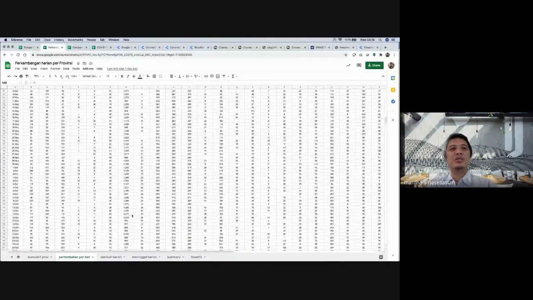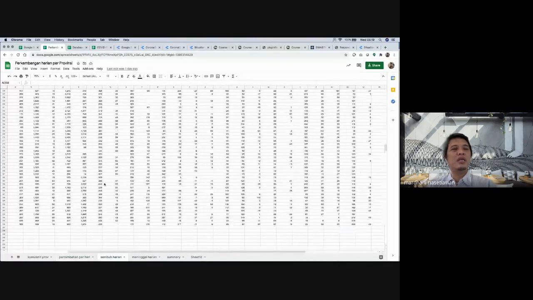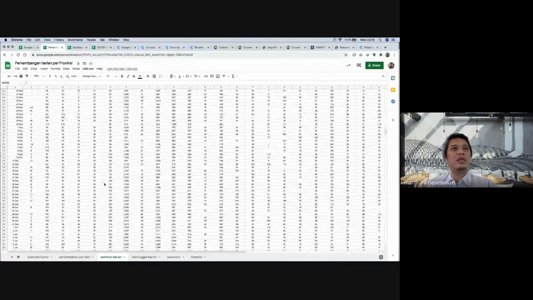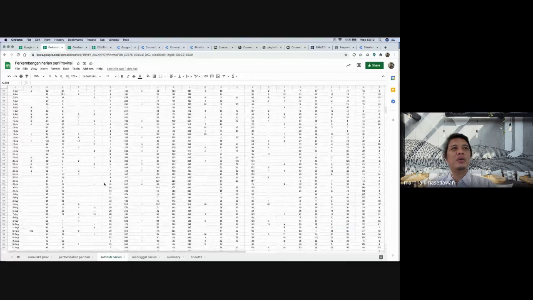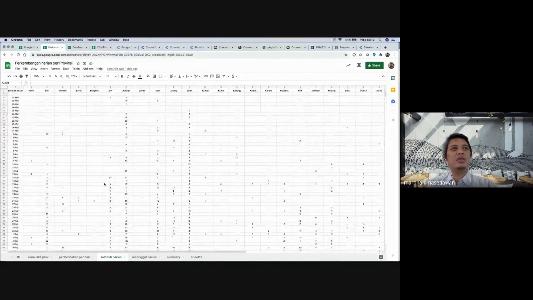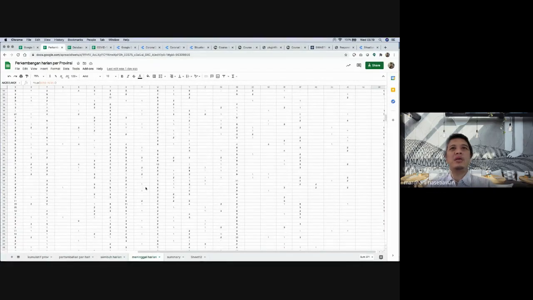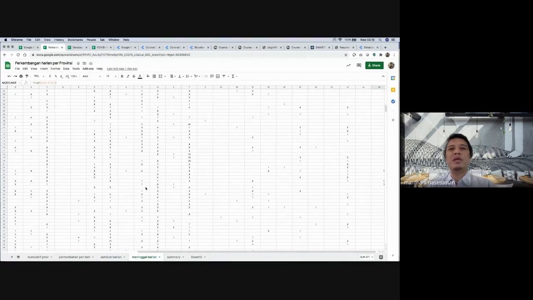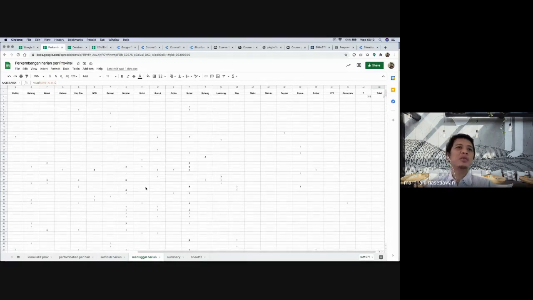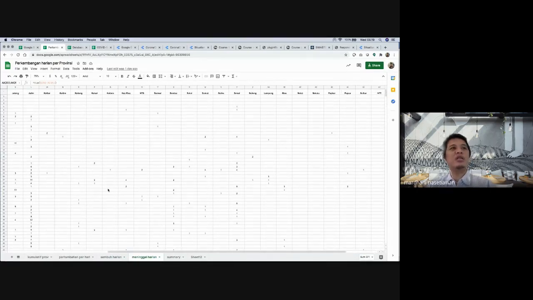And this is the number of cases that have already recovered, sembuh gitu ya, and then this is the case that happens when some of the patients have passed away, meninggal dunia, for example. So this is like the main data set.